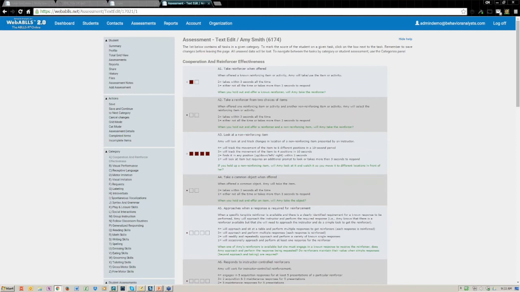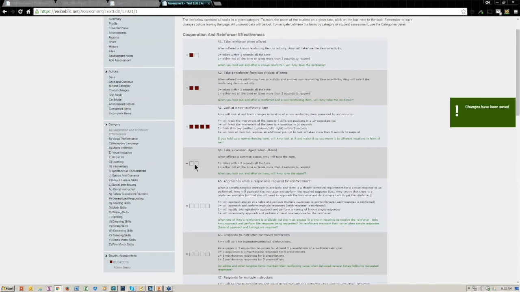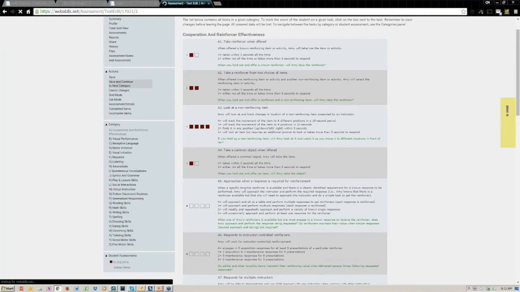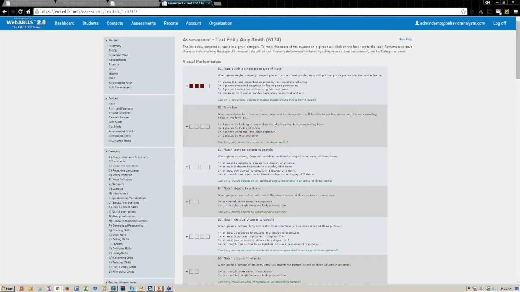So here we are, and you'll see the scores that I entered in grid edit have now populated into text edit, and they will into the cat edit also. I can continue scoring here, and I can continue using this as a save link. I'm going to show you a different option with the save link, and it is this save and continue to the next category. A very quick way to move through if you're just populating an assessment and don't have to jump around to the categories.